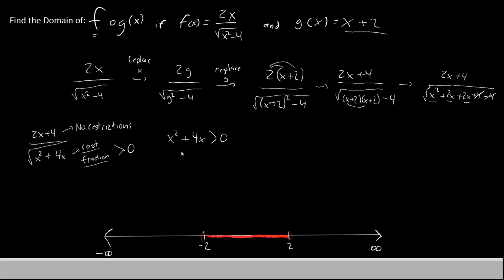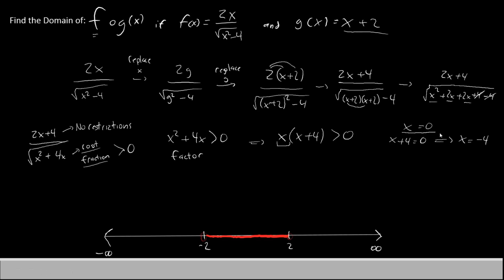Now, since this is quadratic, we can't solve it the way we did last time. We're going to have to factor it. The only thing they have in common is x. Let's pull an x to the outside. You'll have x plus 4 left over if you pull out the x, greater than 0. So our points of interest are anywhere where this is 0. So if we solve the first piece, we'll have x equals 0 as our first point of interest, and then we'll have x plus 4 equals 0 as our second point of interest. We can just move the 4 over, and we'll have x equals negative 4.